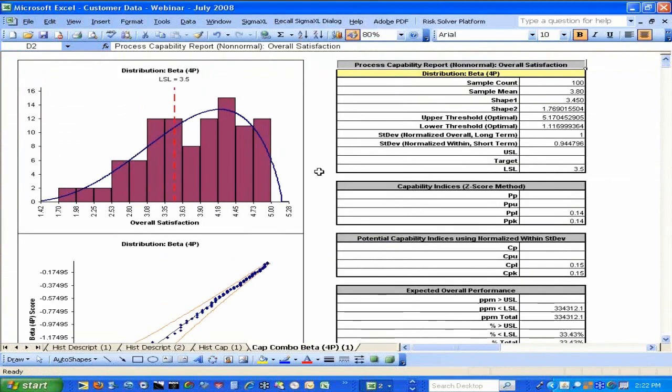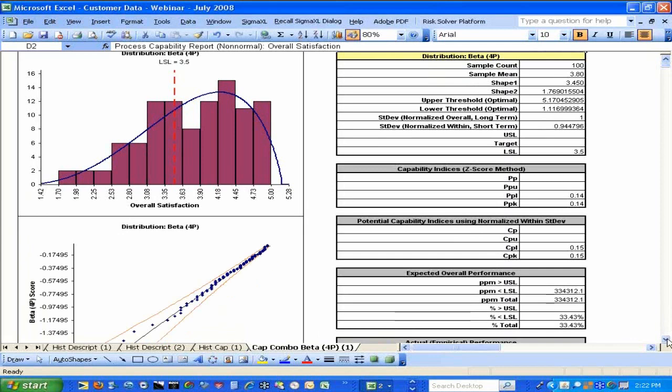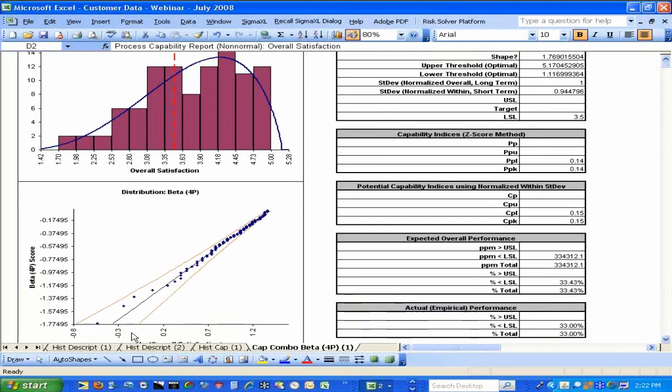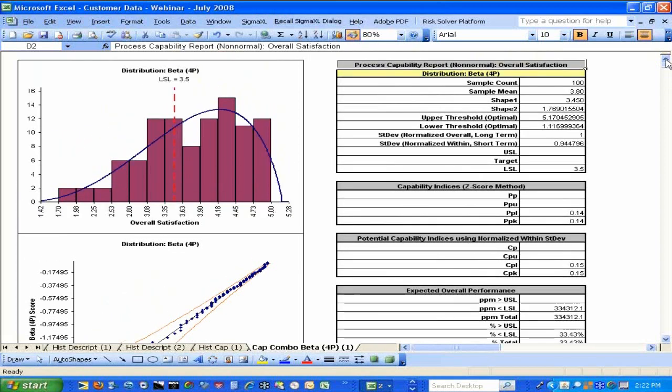So I'm going to make this a little bit smaller so that it can be easily seen on the screen. And it shows a beta distribution. And as you can see, the beta distribution definitely follows the data much better than the normal curve did. Plus we have the probability plot showing a fairly straight line. So on the probability plot, had we seen the normal probability plot, that would have shown up not as a straight line, but with the beta distribution, it's roughly a straight line. Now we have expected performance and actual performance very close to each other, and the various process capability indices are